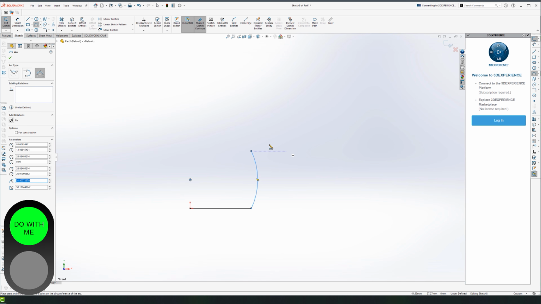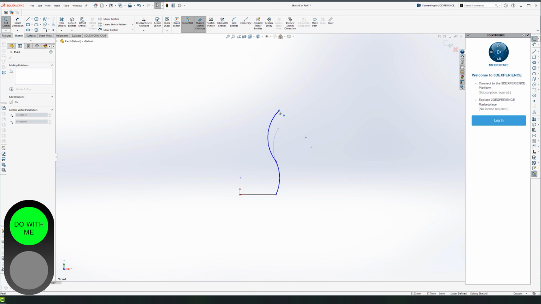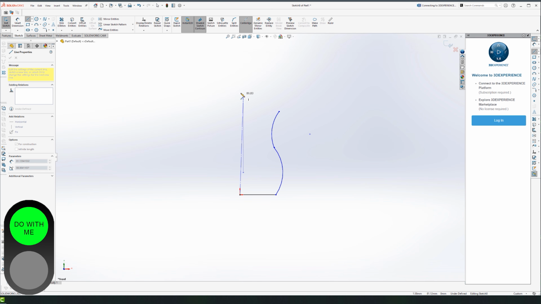Do that. One more time. Click here and click here and leave it at that. So we have 2 3-point arcs. Everything is underdefined, and I'm able to drag this up and down without any issues because my sketch is not fully defined yet. Now we want to click here, use center line from the origin, vertically up,